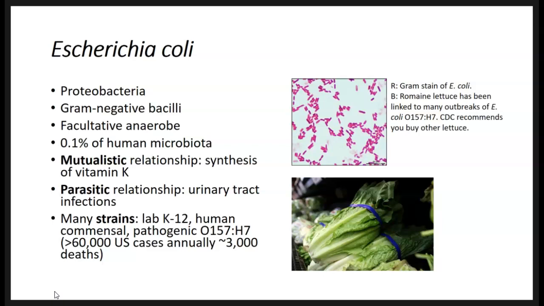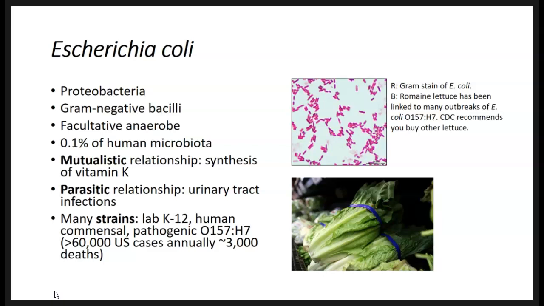There are many different strains of E. coli, so subgroups with distinct properties. There is a famous laboratory strain of E. coli, which is one of the most well-studied organisms in all of biology, called K12. There are many different human commensal varieties or strains, and then there are many pathogenic strains, including the strain O157:H7,